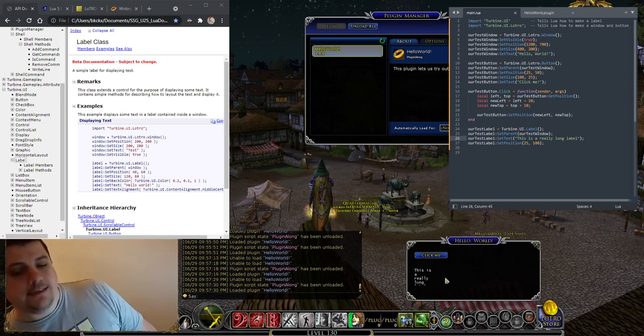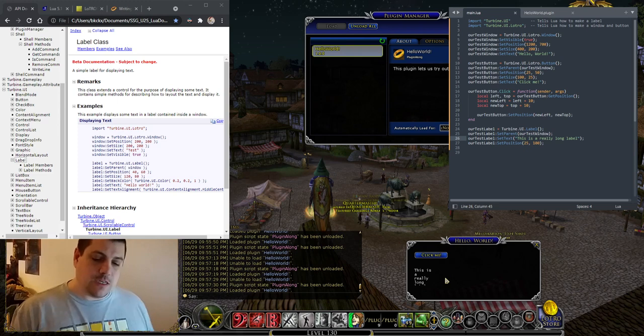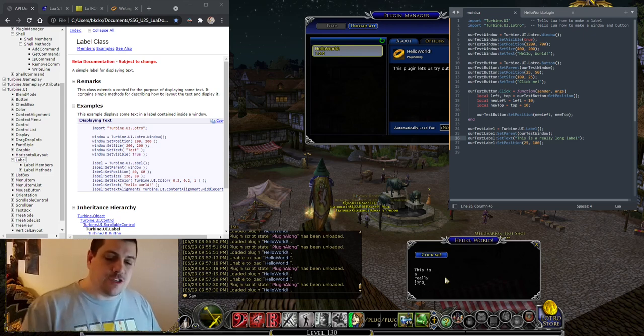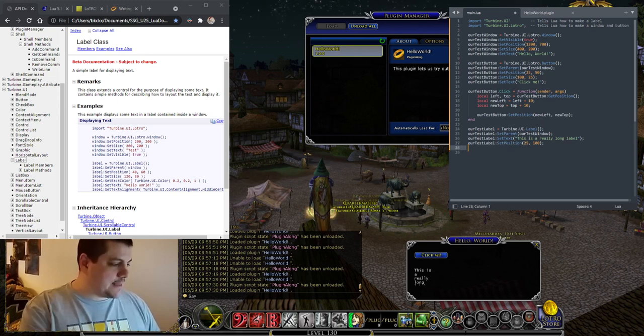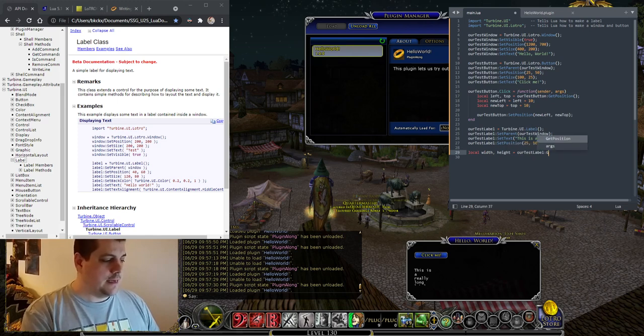Well, that is another example of how controls are not going to automatically resize to fit the thing that is in there. Like I said, there's ways around that. We'll cover that in the future. But for now, let's just go ahead and make that thing bigger. Our test label, set size, and, well, is another question. How big is that thing? So let's find out. Local width, height equals our test label get size, and then go ahead and spit that back out. So